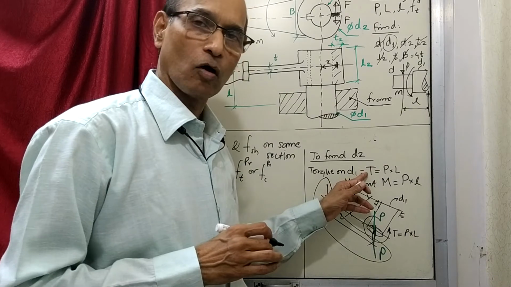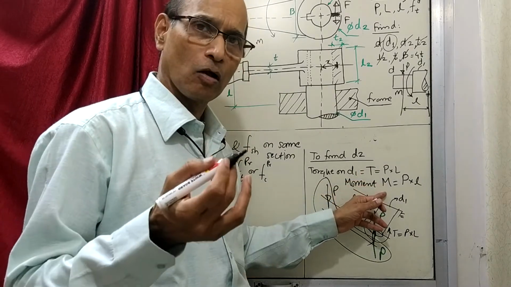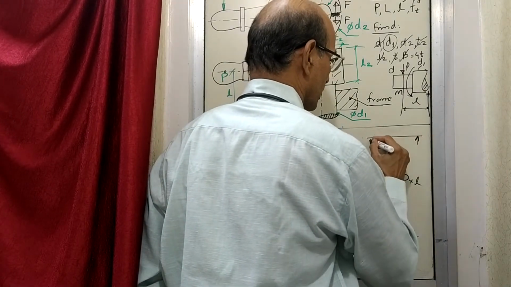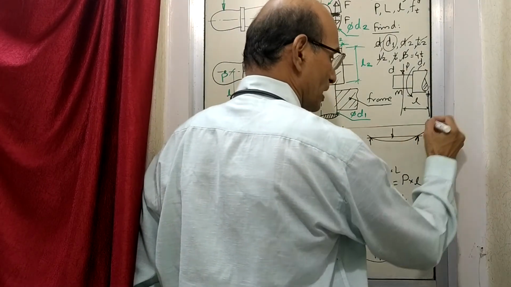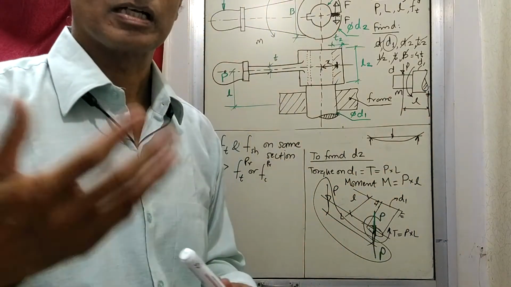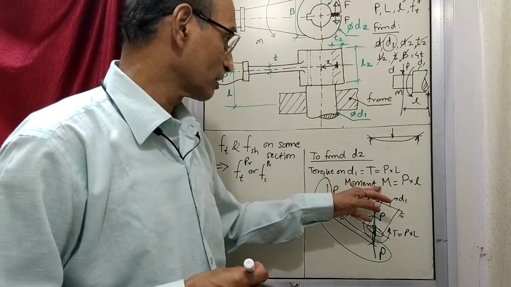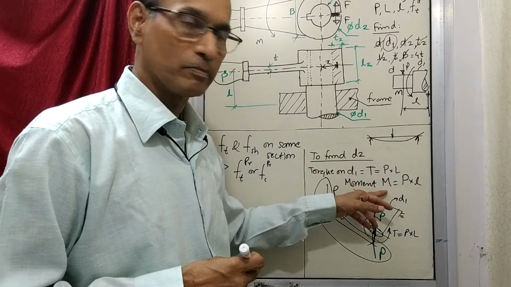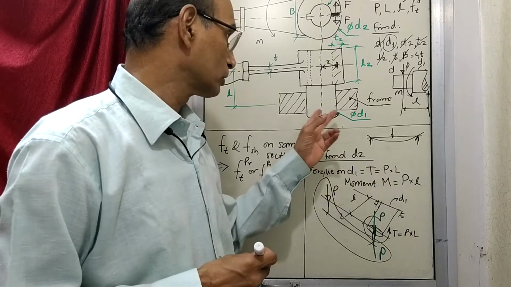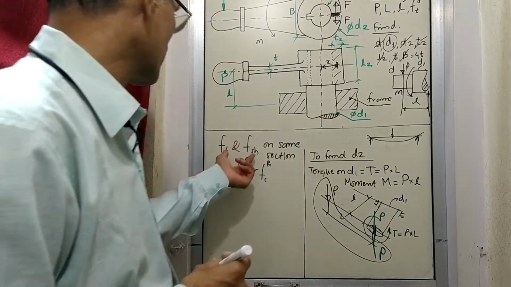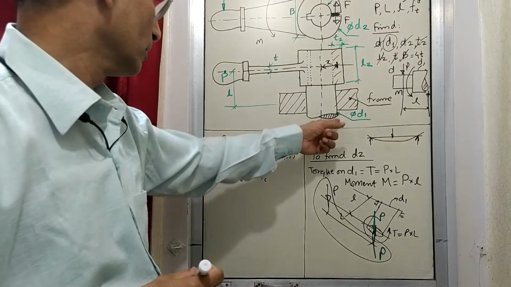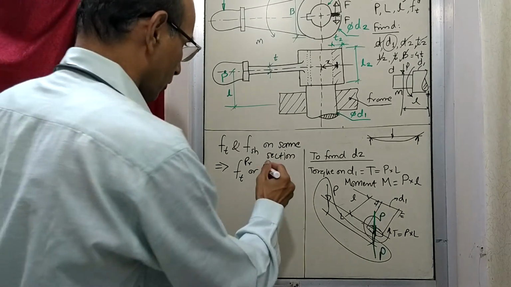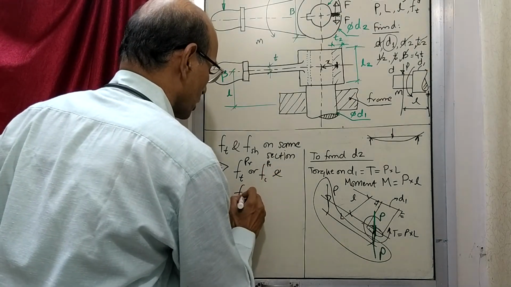Now torque will cause shear stress, and moment we have already seen, long back, when there is a beam supported like this and you apply load, it bends, and bending means it develops tensile stress and compressive stress. So like that, here this particular part is subjected to bending stress because of M and shear stress because of T, both at the same place. So when both stresses come together for the same section like D1, you have to take into account principal stresses. Along with this, another stress is F shear maximum.